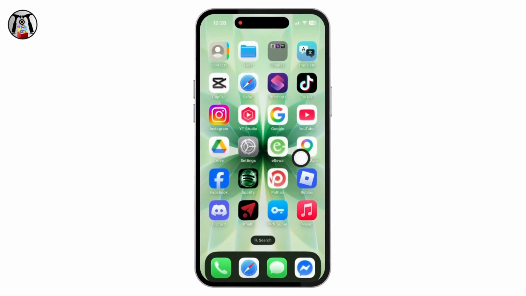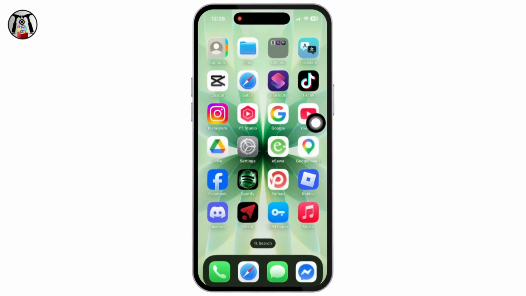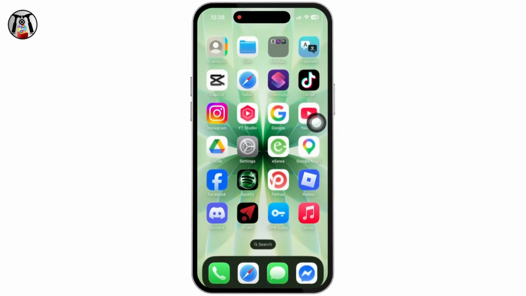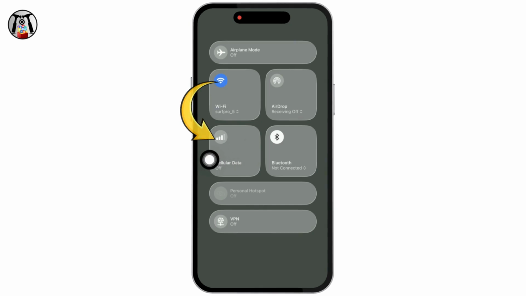In this guide, I will be showing you guys how to fix can't connect to Apple Music. Let's get started. First, check your internet connection and switch between Wi-Fi and mobile data to see if the app